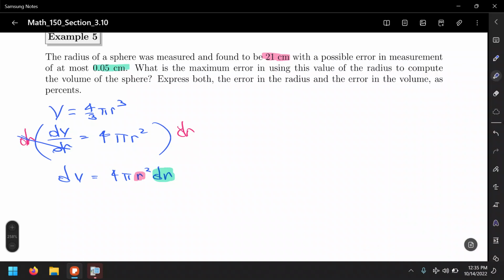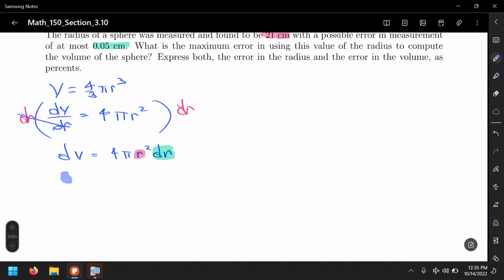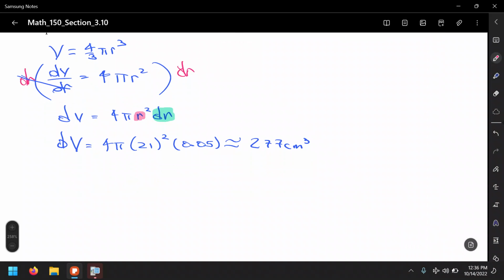So this will be the dV, 4 pi times 21 squared times the dr, which is 0.05, and simplifying this is approximately 277 centimeters cubed. So this is how we will interpret the result. So this means that, not V, it's actually dV, right? So to interpret this result in words,